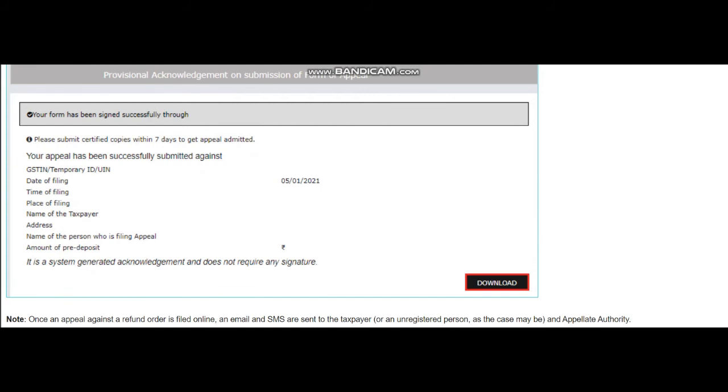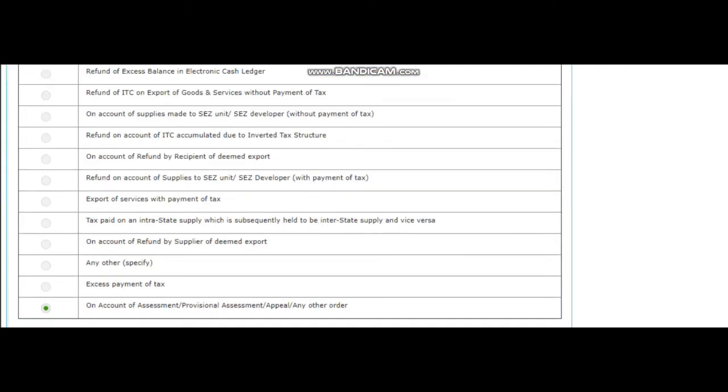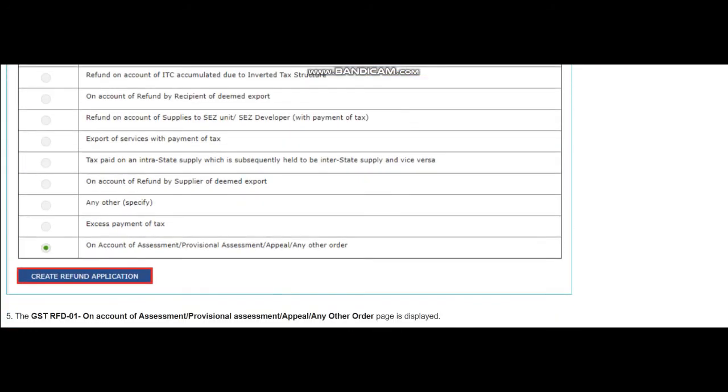So now let's say APL 04 is issued in favor of the taxpayer. So now what does he have to do? It is not like once APL 04 is issued, you will get your disputed amount back in your account. So now you have to go back to the GST portal. Now you have to navigate to refund, application for refund, and then out of multiple reasons, here you can